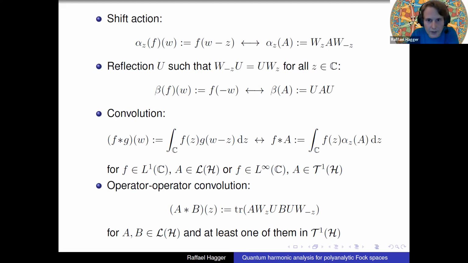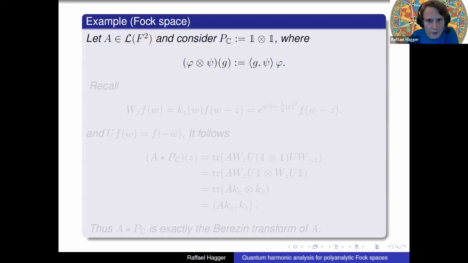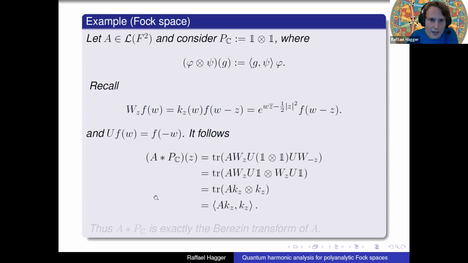Okay, let's look at an example. How does this work? Let's consider the operator convolution first. I have to take one operator that can just be a bounded operator, and the other one needs to be trace class. And I take a very simple one. That's just a projection onto the constants. So this tensor notation means just that. You take an inner product with the second argument, and then you multiply with the first argument. So that's a rank 1 operator. In particular, it's trace class. And let's see what happens if we